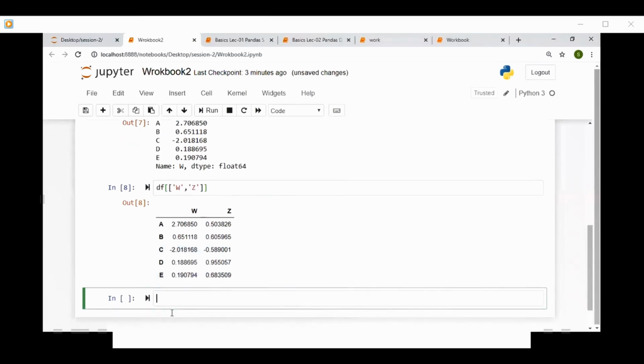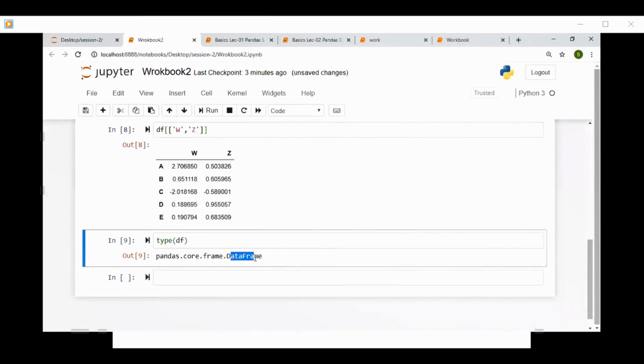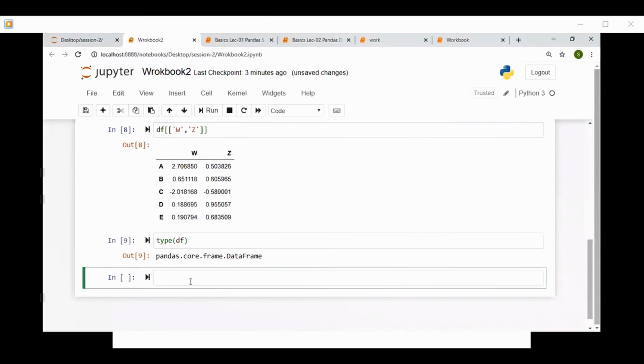If I want to add a new column to this data frame, first let's check the type of this df. Okay. See, pandas data frame. So everything is going good. If I want to add a new column to this data frame, write the name of the new column. Suppose I gave it the name new.